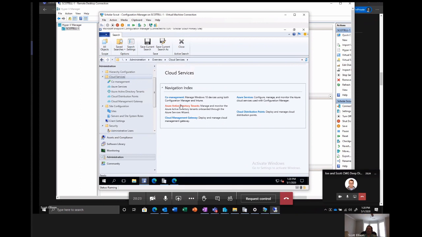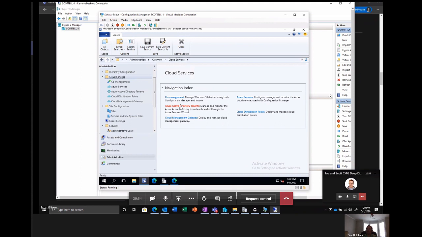Now, you can either use your local PKI, public key infrastructure, for the certificates. So if your devices already have a client auth certificate on them and you have a web server, you can generate a certificate from your PKI, and you'll need to use a web server cert. But you can generate that certificate and then use that for the communication between your clients and your cloud management